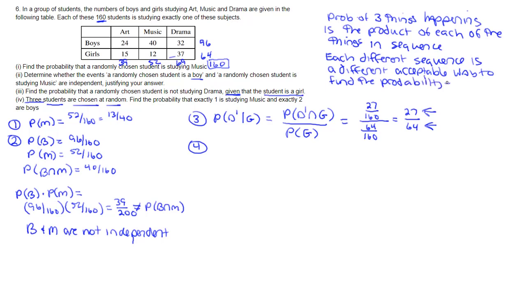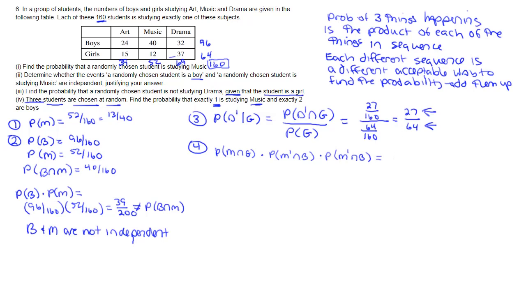So what I want to know is find the probability that 1 studies music and 2 are boys. All right, so let's lay this out. Let's figure out one scenario that'll work. One would be a music and a girl. Okay, that's one way. And then that means that the other 2 are going to be not music and a boy, and not music and a boy. All right, so to find the probabilities, all I've got to do is take a look at